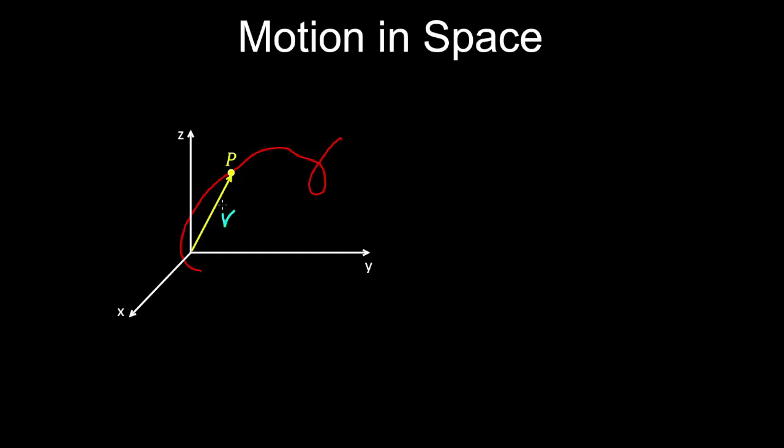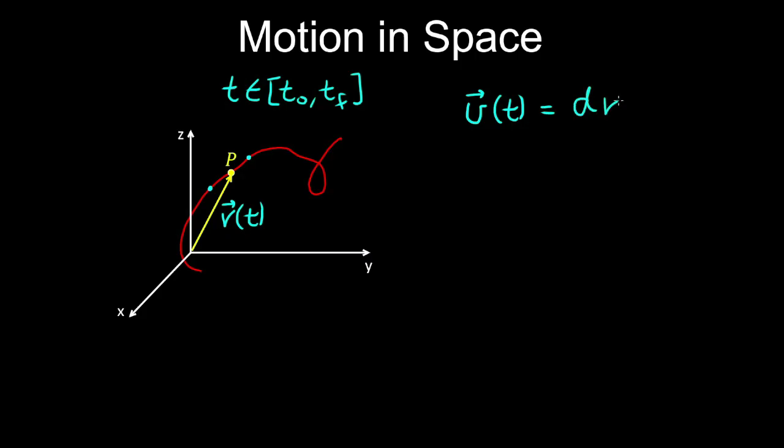Given a position vector of a particle that's moving along a smooth curve in 3D space, in some domain where t is between t0 and tf, then the velocity vector, which is v as a function of time, is the first derivative of the position vector with respect to time. So this velocity vector is tangent to the curve, and the speed is defined as the magnitude of the velocity vector at time t,